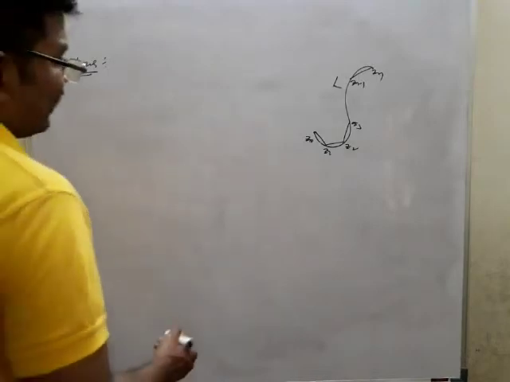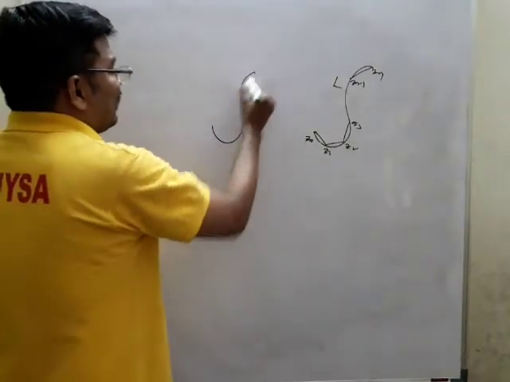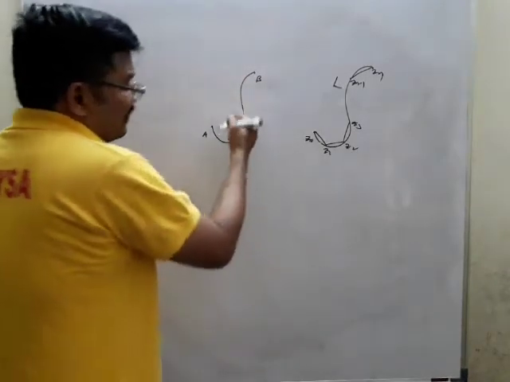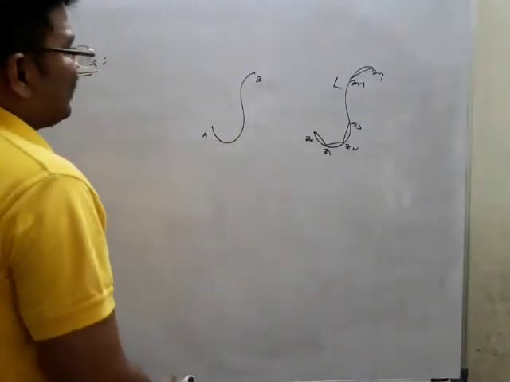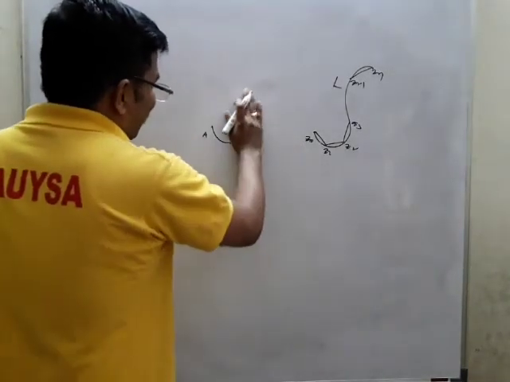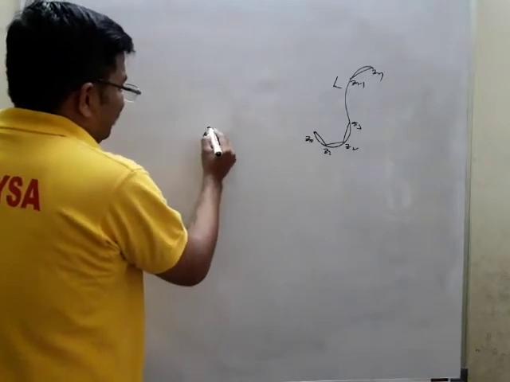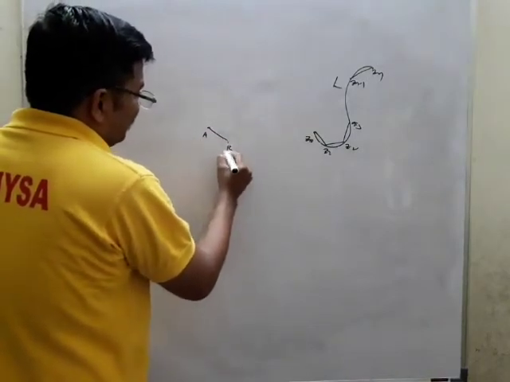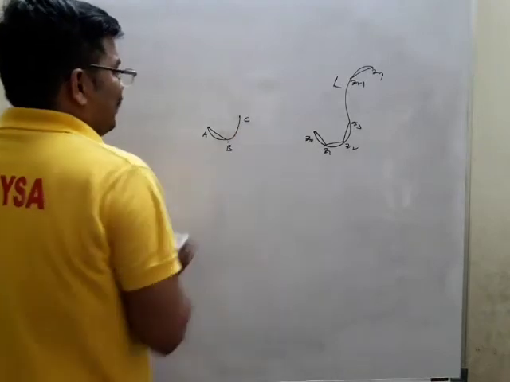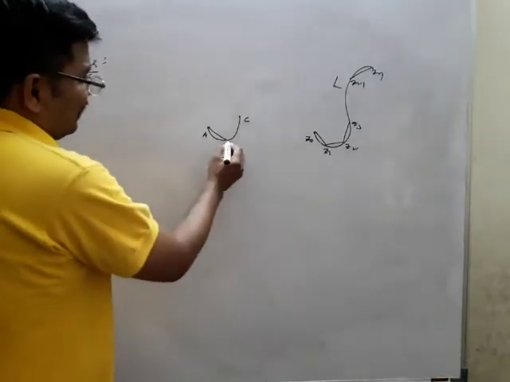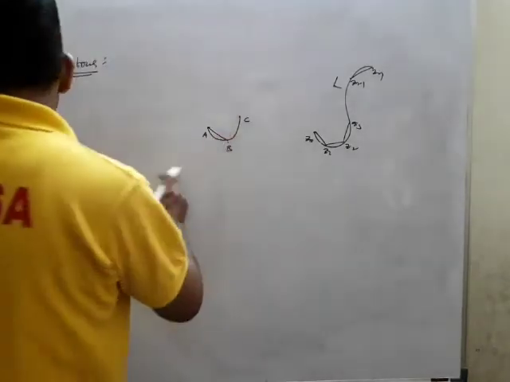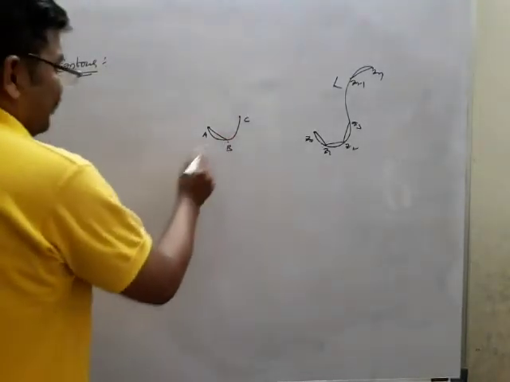Suppose I take this as A and this as B. This is an arc. If it is joined to another arc, or otherwise I may take it like this, you can take A and something B like this. Now this becomes an arc, and if you take one more arc, that is C, joined to another arc at the initial point like this, then I can say that it becomes a contour.